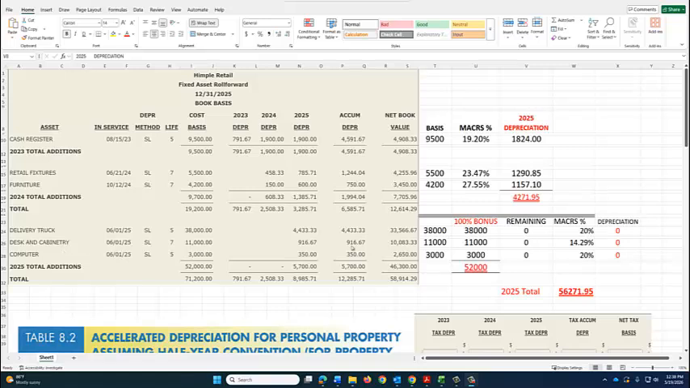So if we look over here on the right, we're going to now calculate the depreciation for the cash register. The cash register was purchased in 2023, so that was year 1. For year 2, that was 2024, and we're now in year 2025, so that's year 3. So the basis is $9,500, and we need to go down to our